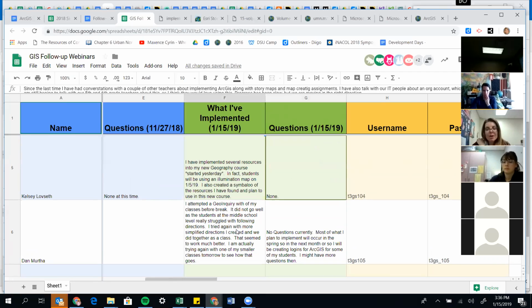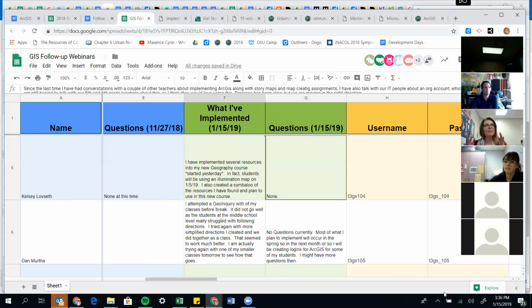Awesome. So I started my new geography course yesterday, and have used quite a few resources. I created a Symbaloo, utilizing those resources from November till now. I've done a lot of research. I've spent a lot of time utilizing both the story maps, the inquiries. Now I think it's just actually using them. So I've done the research, I have found them, and now students are just going to get an opportunity to play with them. Today we were going to do the illumination activity, but I didn't have time, so it'll be the first thing that we do tomorrow.